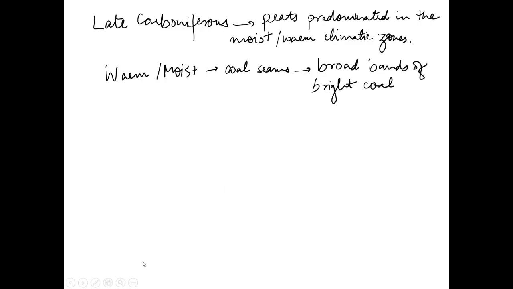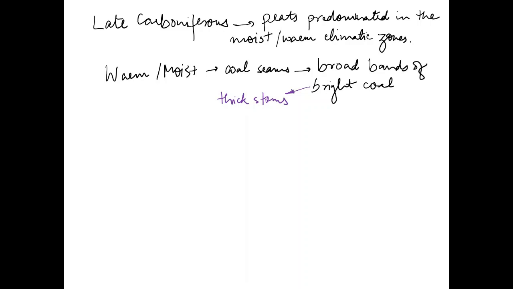And this bright coal is derived from thick stems, which means that